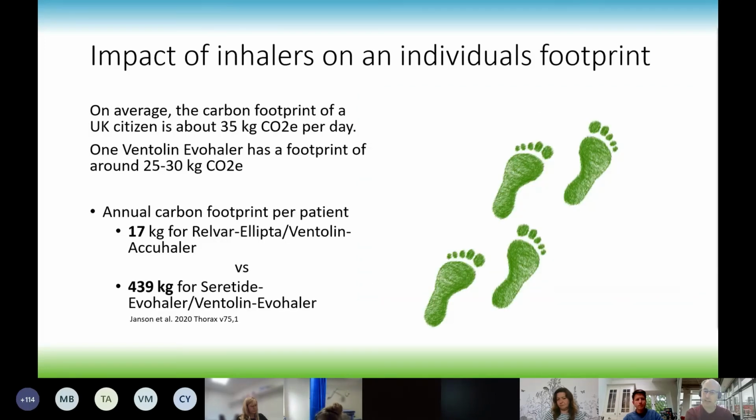So as I said in the previous talk, our average footprint is about 35 kilos a year. A Ventolin is between 25 and 30 kilos, depending on which methodology you use. But actually, when we start looking at the difference from a patient's point of view, this is the annual carbon footprint. So if they are using the